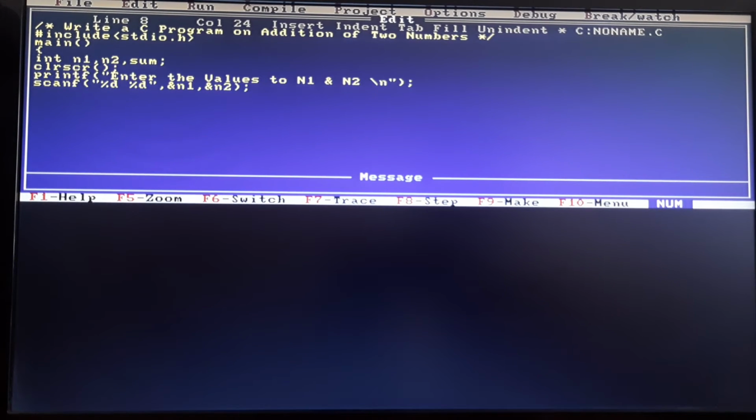The first value will be stored in the n1 variable, the second value stored in the n2 variable. Closing parenthesis, semicolon. Next is sum = n1 + n2; semicolon.